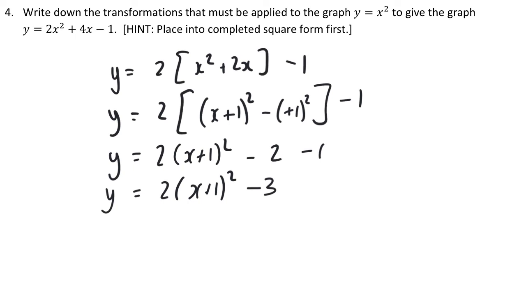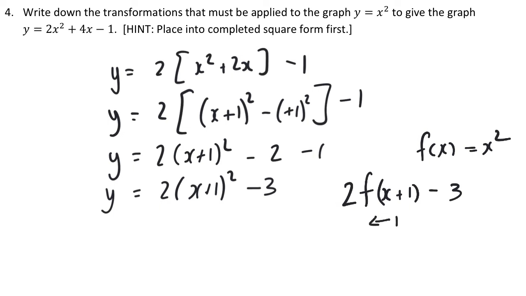So in function notation then, if our f of x is equal to x squared, to get to our y, we have to add on 1 first of all to x, then we apply the function to get it to x squared, then we're multiplying it by 2 and then taking away 3. And that will move it to the left by 1. That's the first step in the bracket. Then we're going to stretch it vertically by a factor of 2, and then we're going to translate it down by 3. So writing that in a proper, coherent, mathematically sound sentence would be, we will translate it